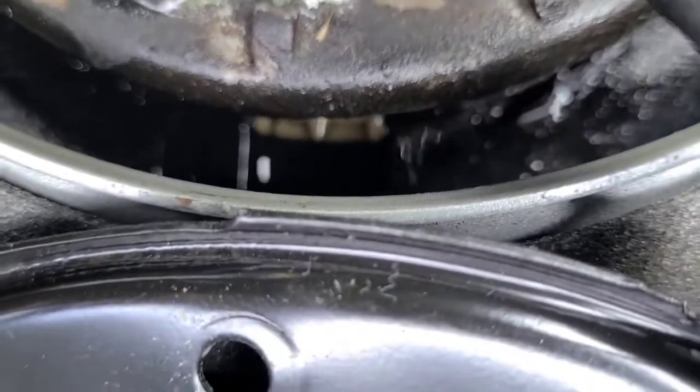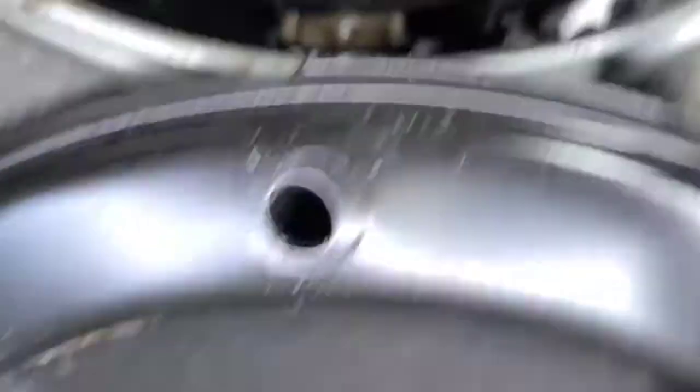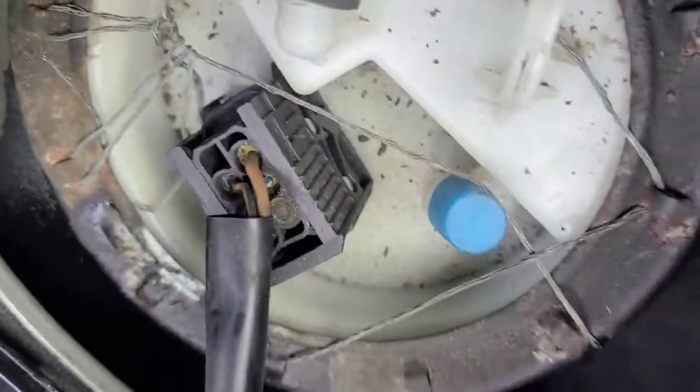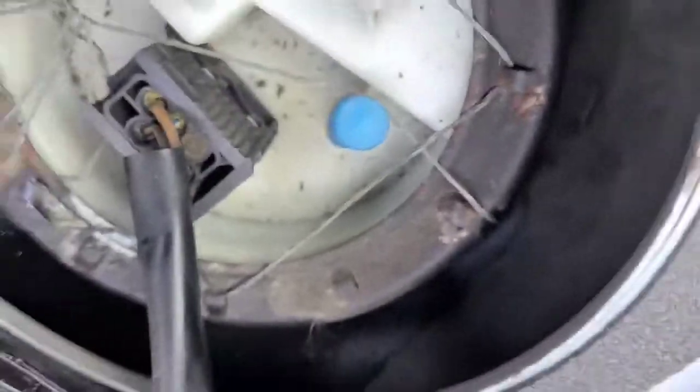So I'm actually on the way to get another one. This is my fuel pump, and anyway, for some reason when I replaced it at one point, and I guess it was my doing, the plate that holds it down wouldn't secure. So I ended up having to put this wiring around it in order to secure it down. So I'm rigging it. But anyway, now I'm figuring out why